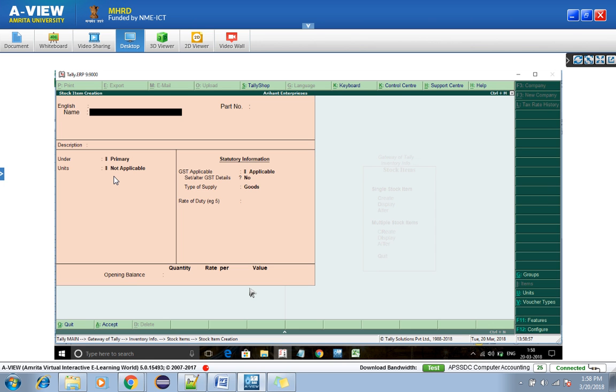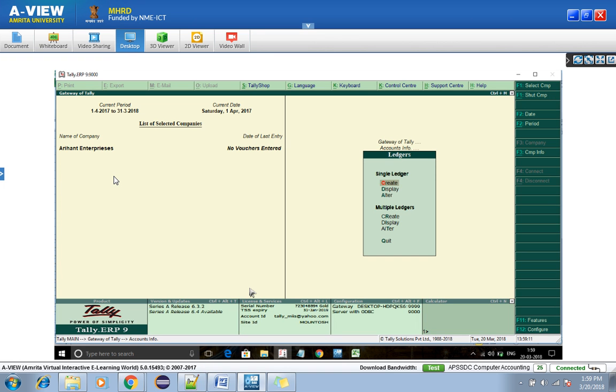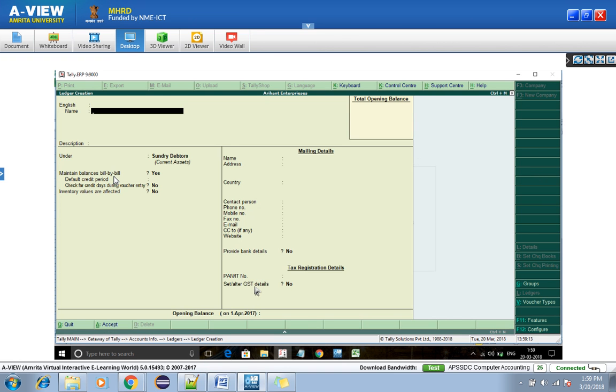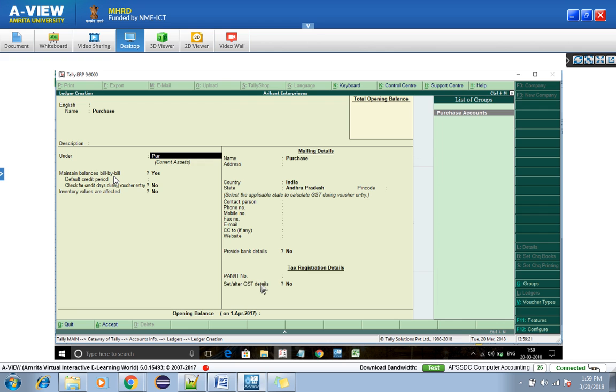Now, what we have done, we have created the party ledgers, we have created the stock item. What we need, we do buy, we do sell. What we need is a purchase ledger and a sales ledger. Come on Gateway of Tally, accounting info, ledger, create, purchase, the purchase account,